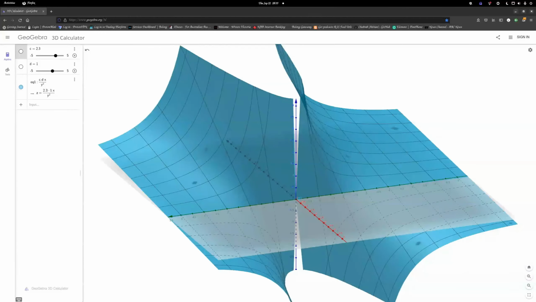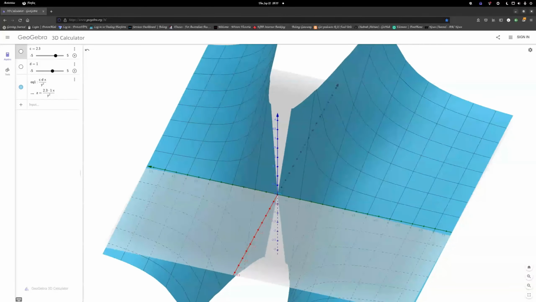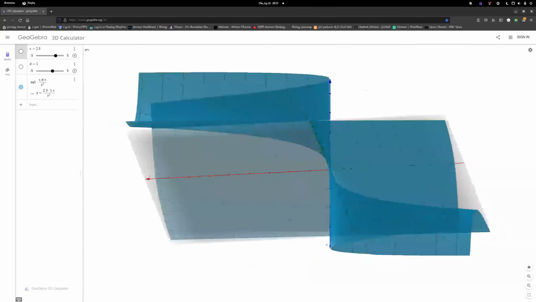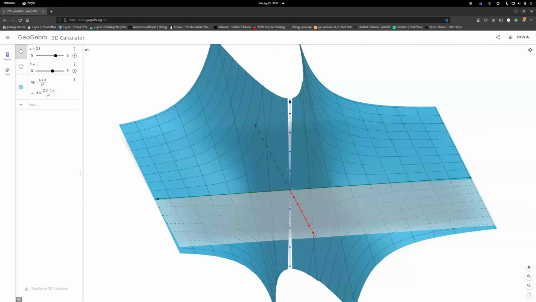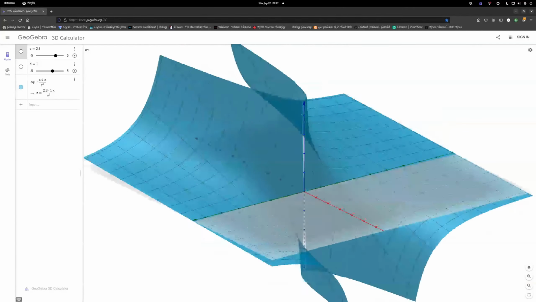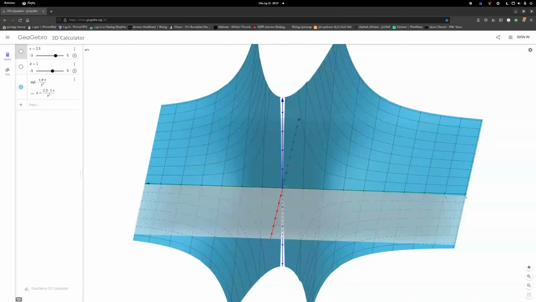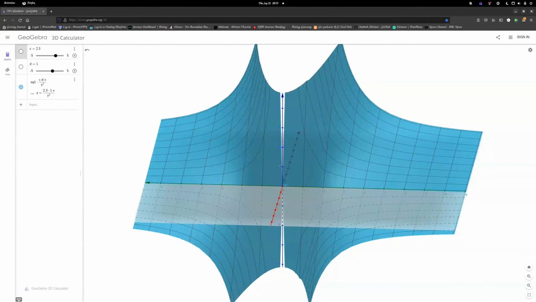This, as seen in the fantastic software GeoGebra, is a three-dimensional representation of Newton's law of gravitation. On the left here we have an equation: z equals c times d times x over y squared. So in this equation, our y is represented by